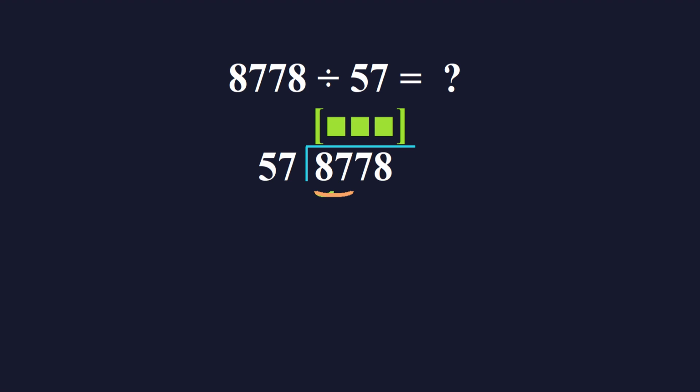How many 57 are in 87? The answer is 1. Now multiply 1 by 57, which gives us 57. Draw a line and subtract 87 minus 57, which leaves us with 30. Now we bring down the next digit, 7, and this makes our new number